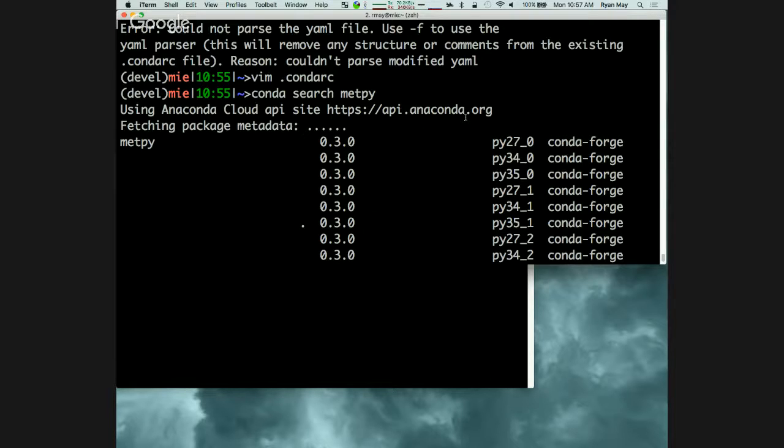So just add a tilde slash to the vi command. Okay, so delete the semicolon. Yep.